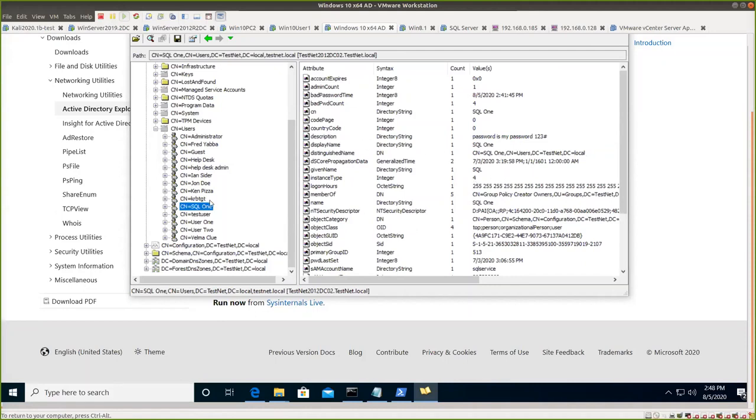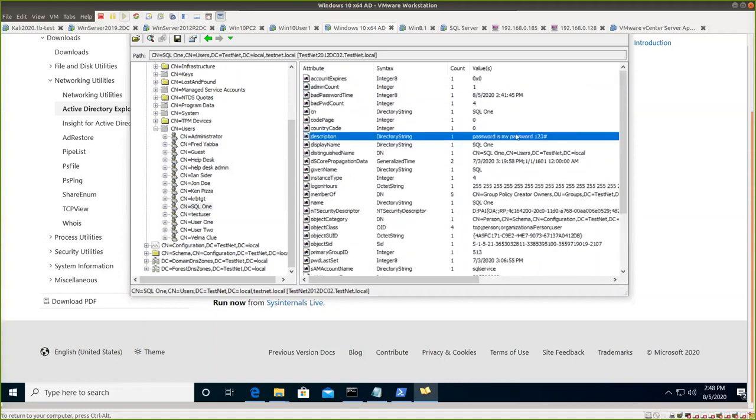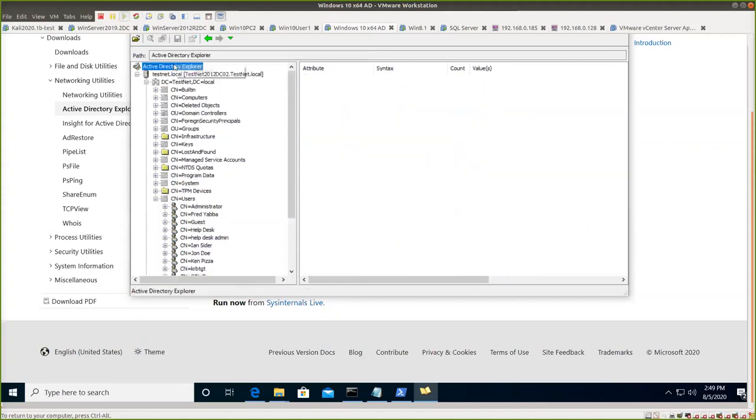But wait, what's the description for SQL1? Oh, the description in here is "password is my password 123 pound." Oftentimes people will put notes into the description, and this has actually been found on actual pen tests where they have something around 8,000 to 20,000 users. Somebody 5 years ago put a password reminder in the description. They didn't realize that this is actually viewable by most people. And